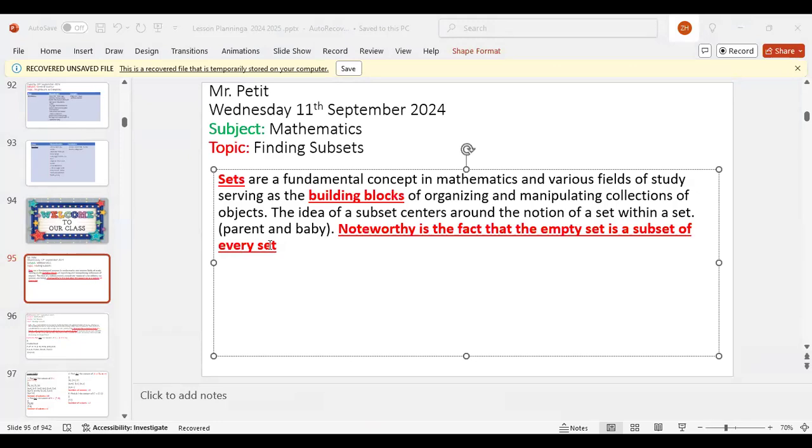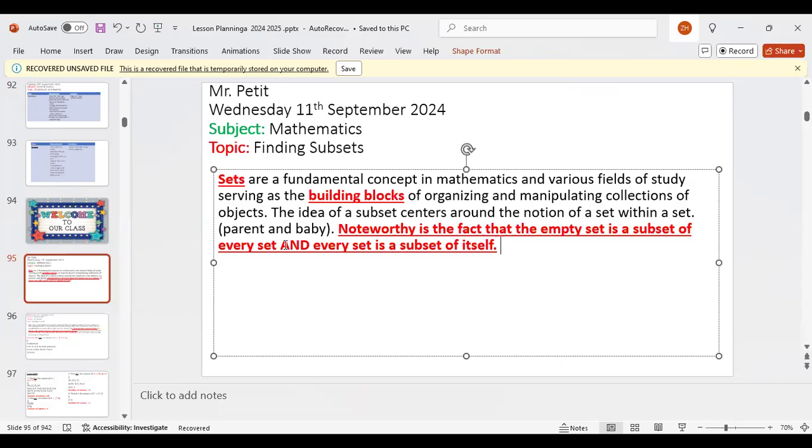Another thing that you need to know: every set is a subset of itself. So two things that you always need to remember. The empty set is a subset of every set, and every set is a subset of itself. It's kind of weird, right?